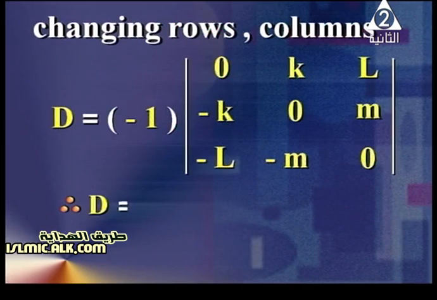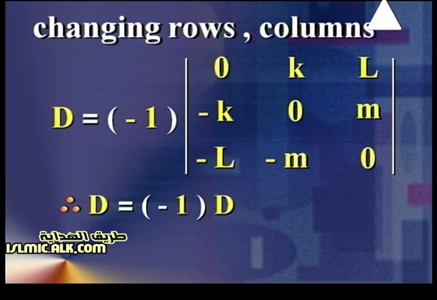It equals what? It equals negative 1 times D. What do you deduce, dear student? In this case, negative 1 multiplied by the determinant D, then we deduce that